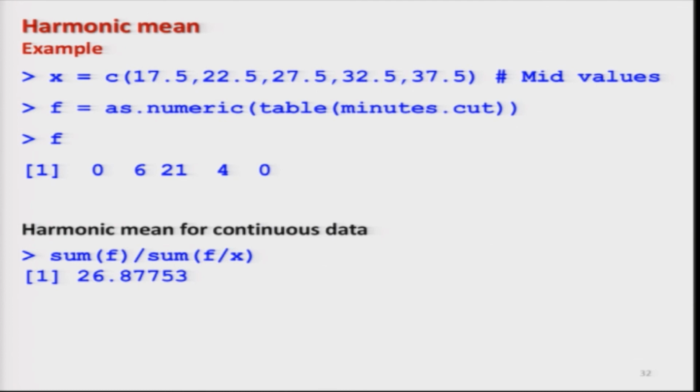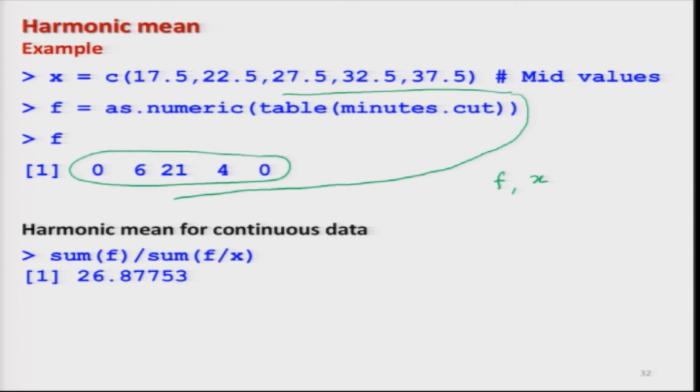And now, if you consider this data as continuous data, then in that case you need to obtain two things. One is the frequency vector f, and another is the vector x of the midpoints of the class intervals. In the earlier case of geometric mean, we already obtained the frequency vector, so you simply have to follow the same steps, and you will obtain the frequency vector f like this. And for x, these are the mid values of the class intervals, which you have to find manually, and that we also did earlier.